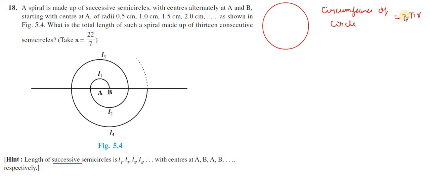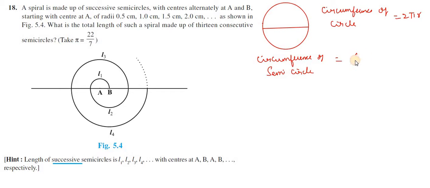Okay, circumference of a circle is 2 pi r. Then what is the circumference of a semicircle? So the circumference of a semicircle